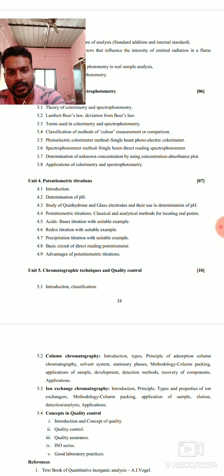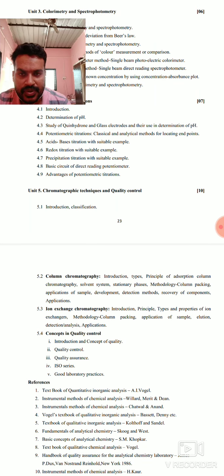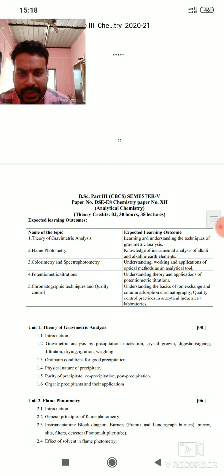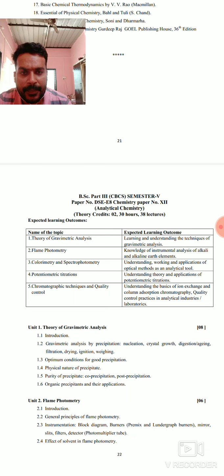Now the last topic which remains in this paper, that is analytical chemistry paper number 12, is chromatographic techniques and quality control. Now we know that chromatography techniques have wide application. In various labs it is still useful. So in this topic, the specific learning outcome which is expected is understanding the basics of ion exchange and column adsorption chromatography, and quality control practices in analytical industries